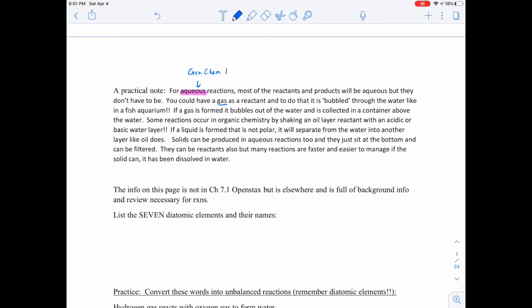To do that, what they do is bubble it through water, like in a fish aquarium. You're adding oxygen to the water. You're adding air, whatever you're adding, you're bubbling it through the water, and some of it gets absorbed into the water. Or if you make a gas, practically speaking, if you make a gas